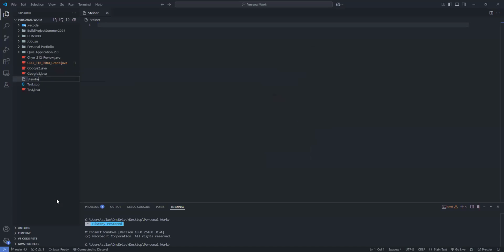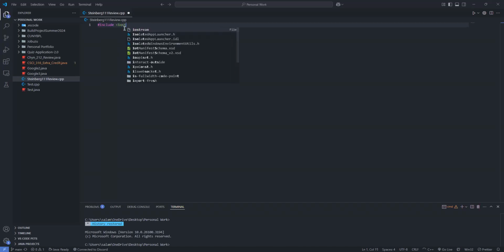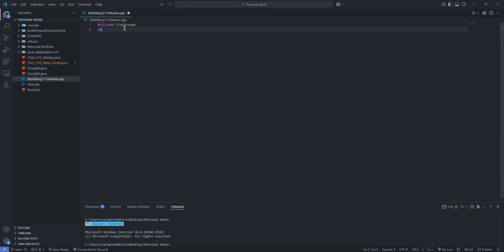Rename Steinberg 111. All right. So as I mentioned before, your exam is going to be writing 2 full-length programs. Yep, thank you, Kathy. So first things first, you know how you need a top for any C++ program: